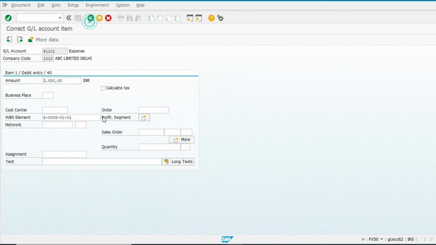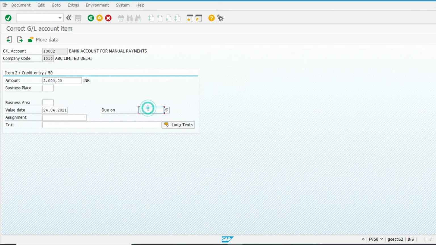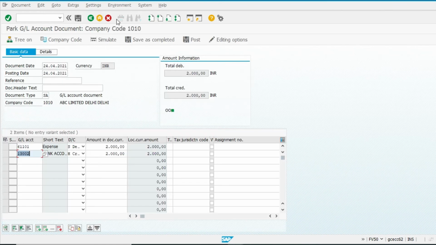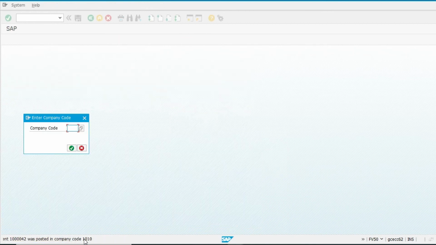WBS element, back, due date, back, then post. See, the system shows a warning that item 001 WBS element budget almost exhausted, but it cannot stop me.